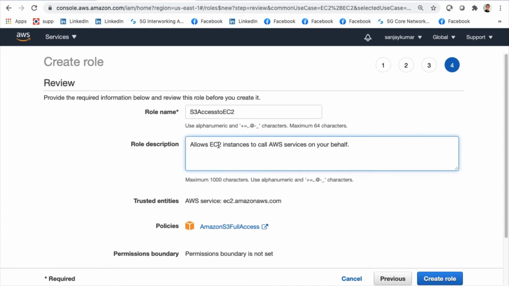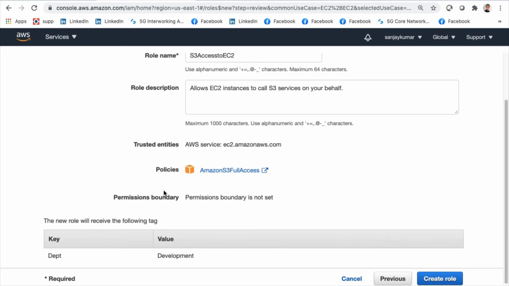This allows an EC2 instance to call the S3 service on your behalf. So this is the explanation, and I can go ahead and create this role here. This role will allow the EC2 service to access the S3 service as and when required. As of now, I can just cancel it.